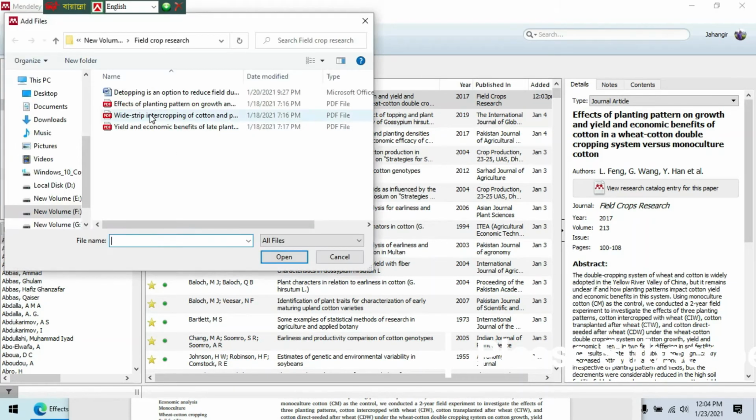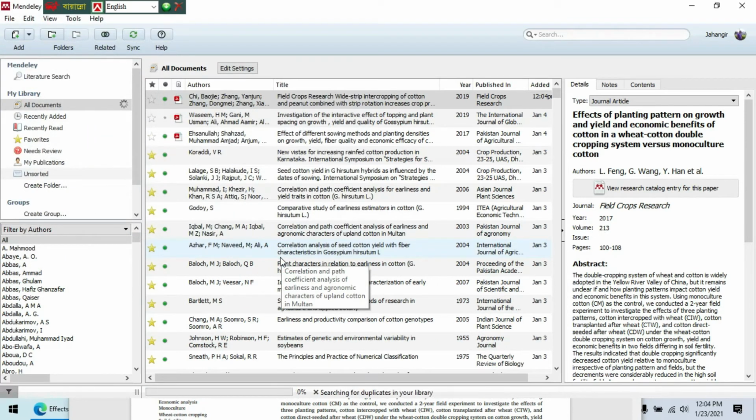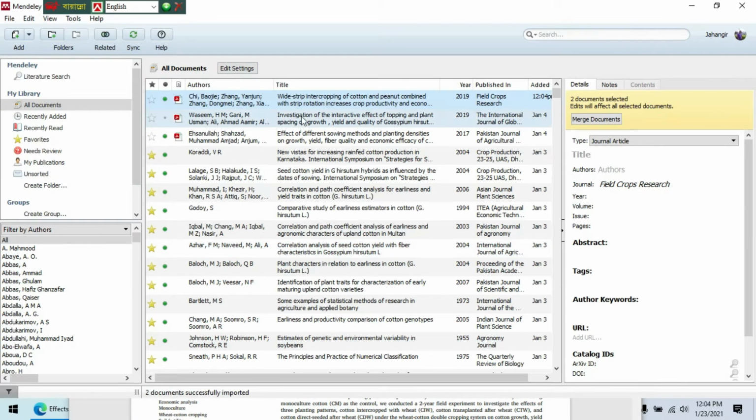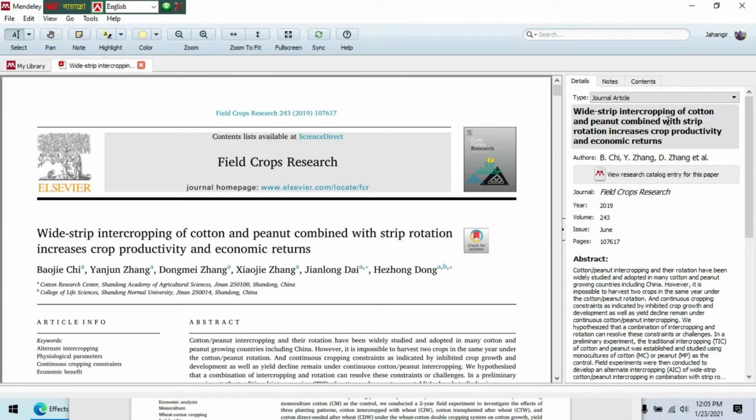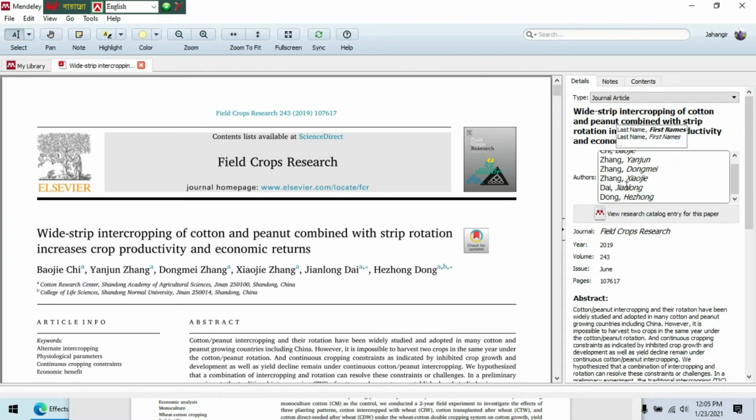You have selected another two files and this is open. So these two files are imported. We have to check this. It is the title. It is our author Chai.